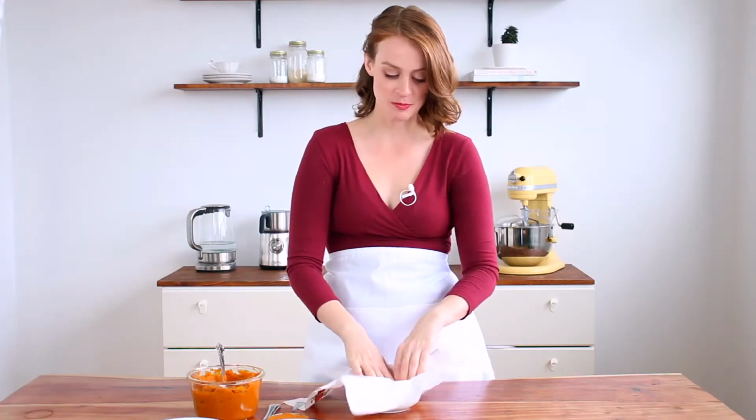The reason why we're blotting the pumpkin is because when you're making something like a scone, you don't want too high of a moisture content or you won't get the right texture. It'll be more like a muffin than a scone. So we want to get a bit of the moisture out of the pumpkin before we add it to the